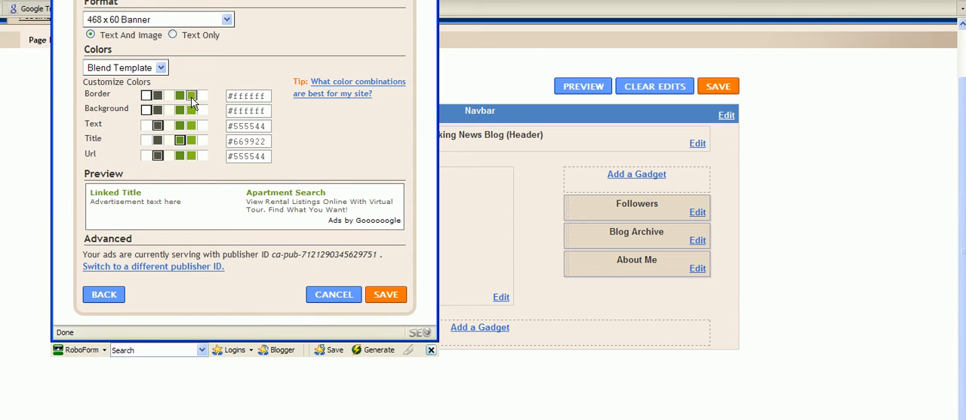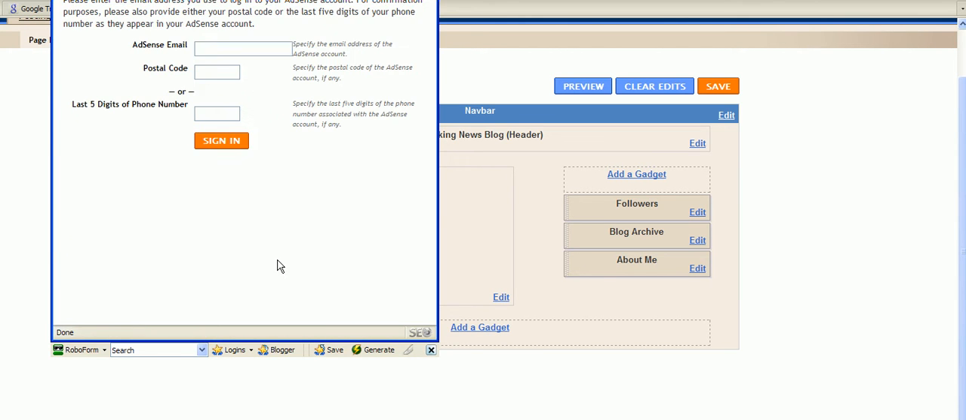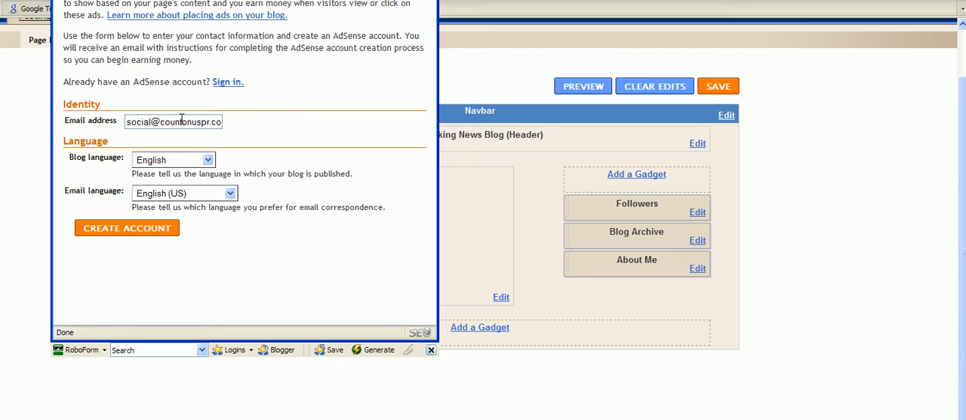It automatically has the AdSense code set up with the color scheme for this banner, which is very nice. Since you'll be new here, it's going to ask you to sign into your AdSense account so you can pull in your information. Where it says don't have an AdSense account, just click on create one. Here's where you input your information, your email, your blog language and your email language, and then just click on create account,